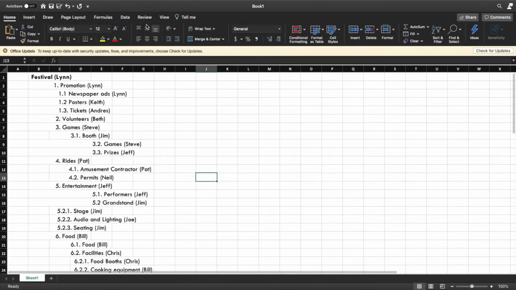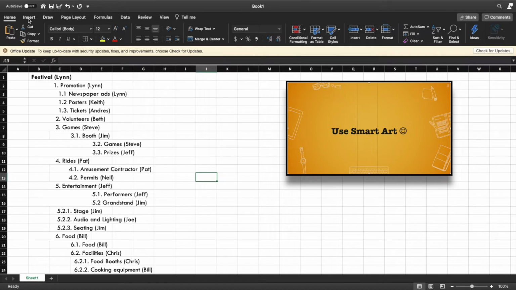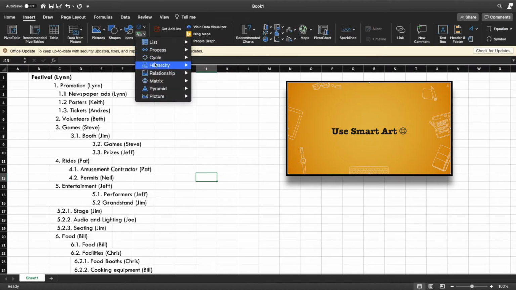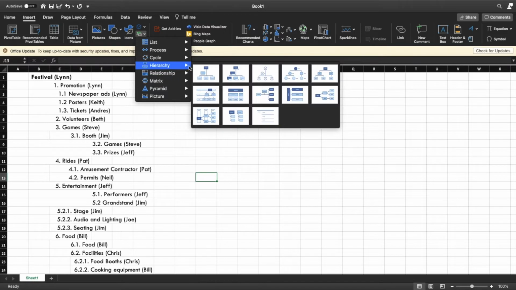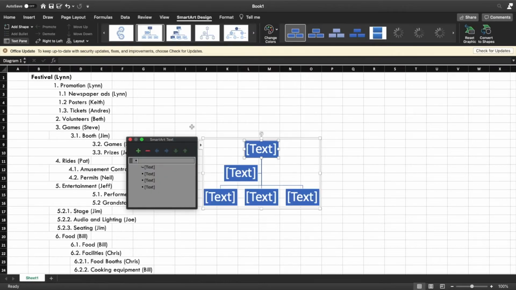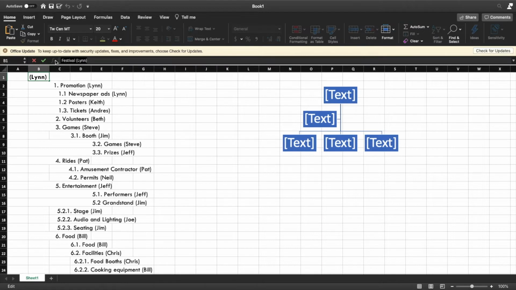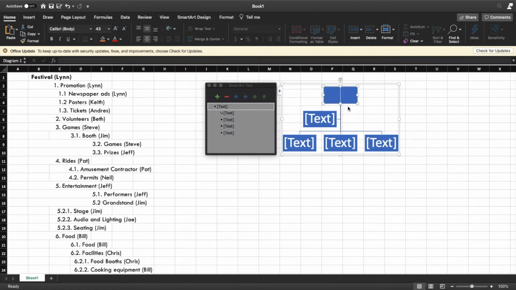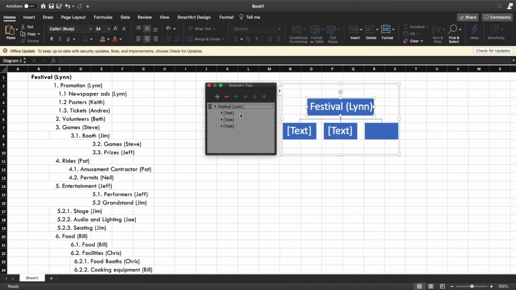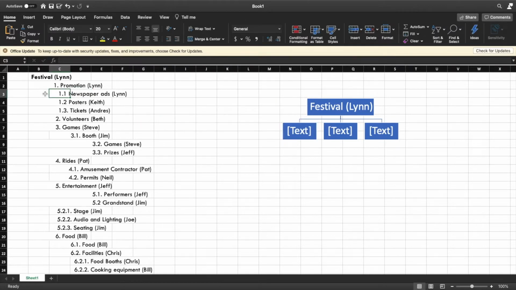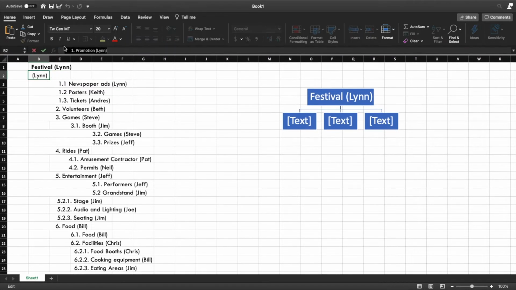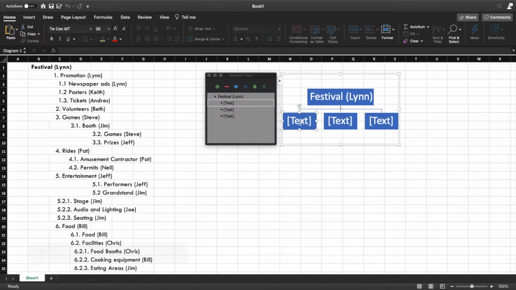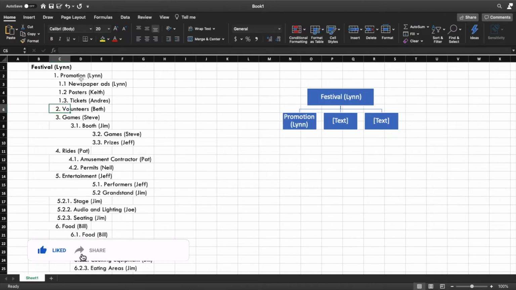So how do we create the WBS? We will go to the insert function and we will insert a smart hierarchy. Alright, so here we can take this one. You will go here, you'll copy and just paste. Okay, now it's good. Next we'll come to another level, which is this one, promotions. So we will go ahead and copy it. Next is volunteering.